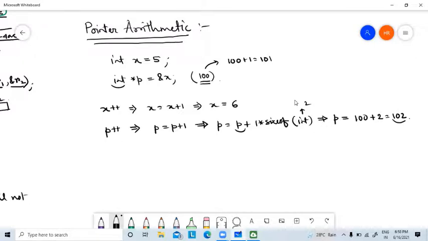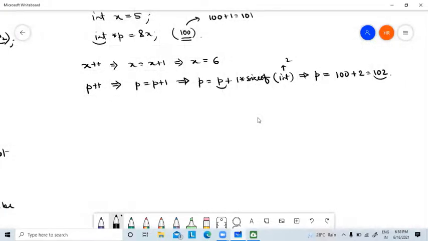Why do you have to add the address or size? Because P is a pointer which is pointing to some address. That's why, according to that, we have to increase the pointer. Now, this type of operation is called pointer arithmetic. So now in pointer arithmetic, what are valid and what are not, just try to understand.